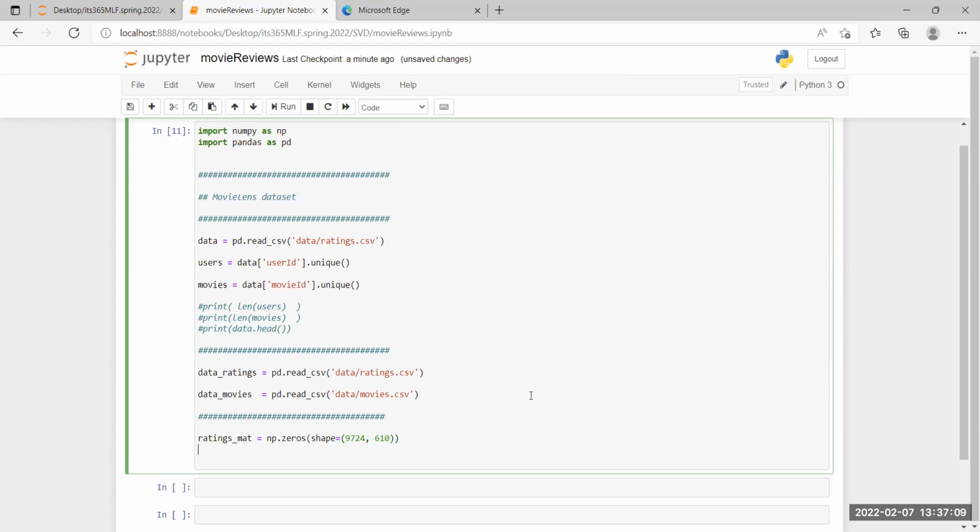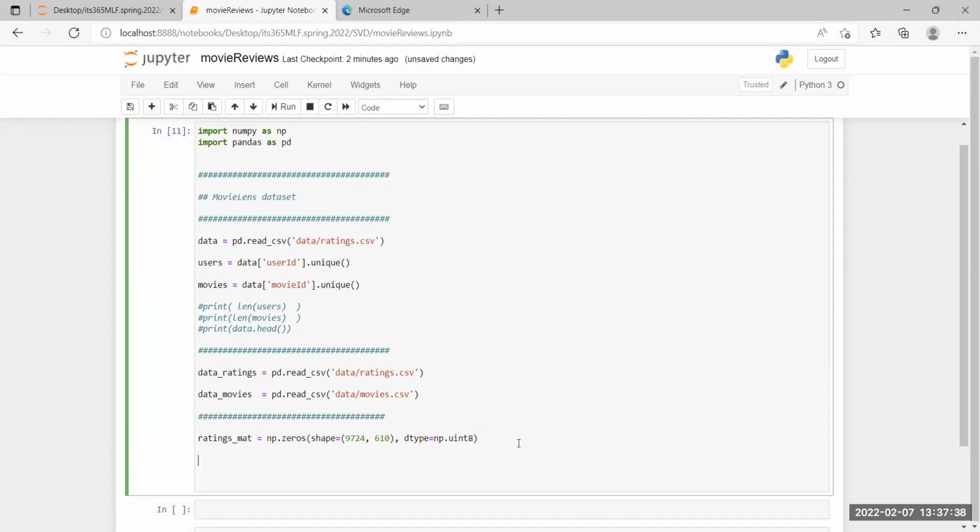So these were integer basically because they were just 1, 2, 3, and 4, right? D type equal np dot uint. Okay, so that basically now if we print the shape, we can say print